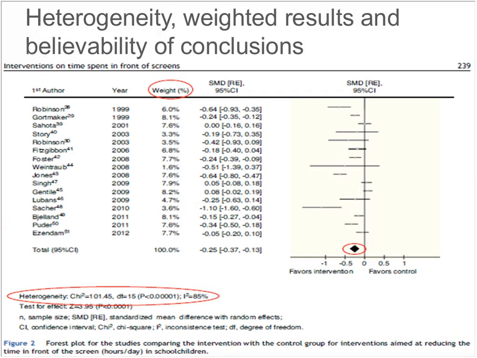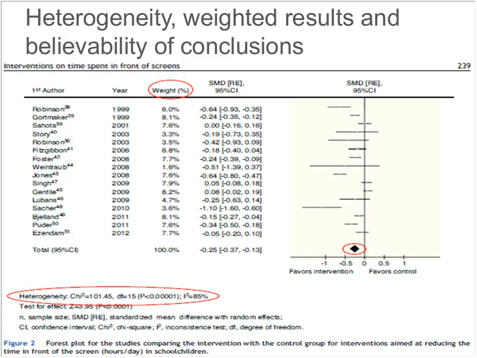So here are some other questions that we want to look at around the quality of the systematic review process. How did the reviewers assess whether or not the results of those studies were similar enough that it makes sense to create a diamond like we see here on this forest plot? How did they go about determining what weight each study should be given in the overall results, and whether or not the overall interpretations that the authors come up with actually coincide with the actual data that we see on each study?